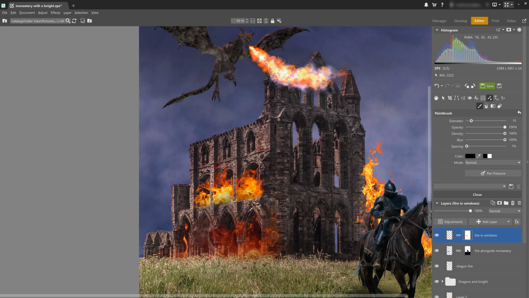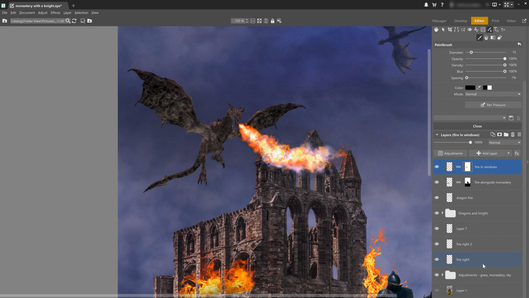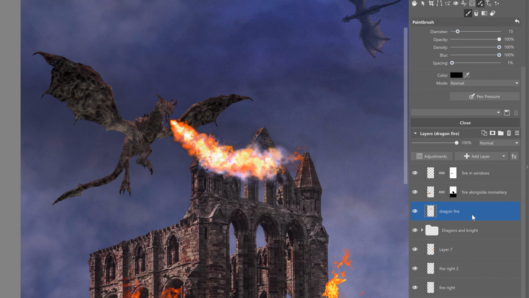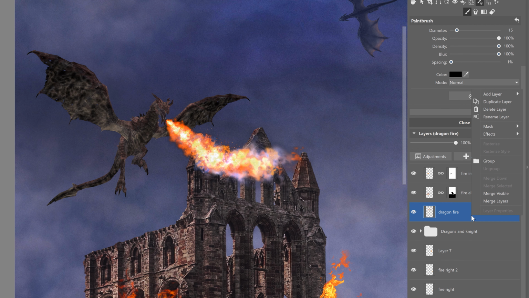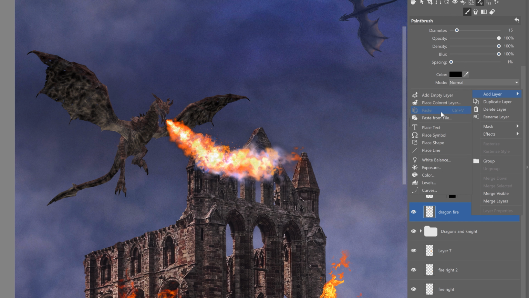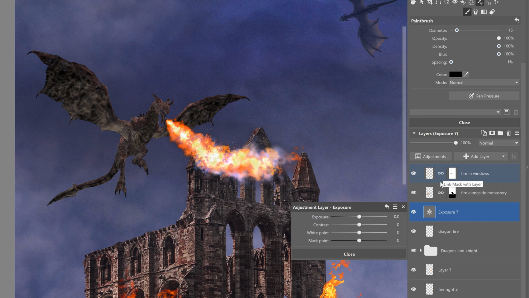Now we can see that the flame of the dragon is breathing on the monastery much brighter than the other flames. So let's adjust the exposure there just to better match it and have it work with the other ones. Let's add an exposure layer and link it with the breathing fire layer.